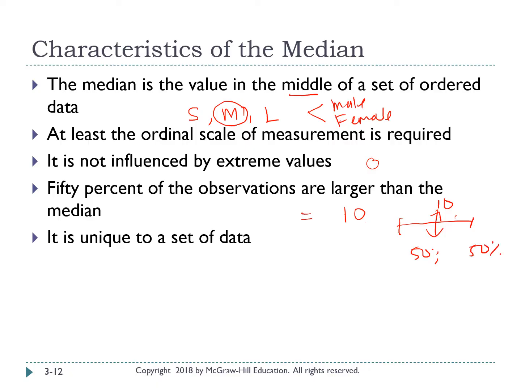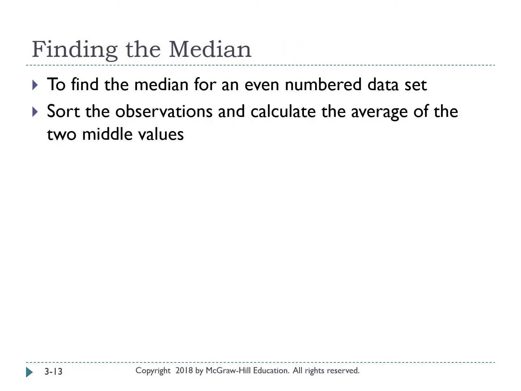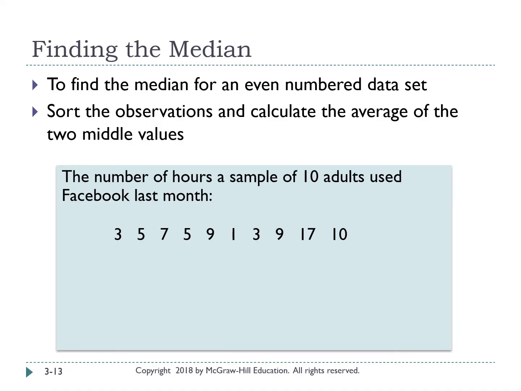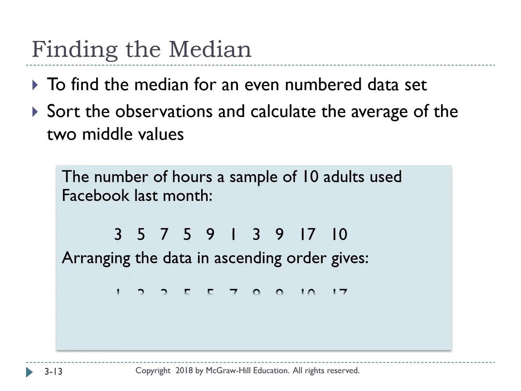Okay, so the last one, it is unique to a set of data. It means that you will only have one value. If you compute the median, you will just get maybe 10 or whatever, just one value. That's why you call it unique. This is another example on how to compute your median. I believe that you know how to compute it, and please try to compute it at home. Okay,